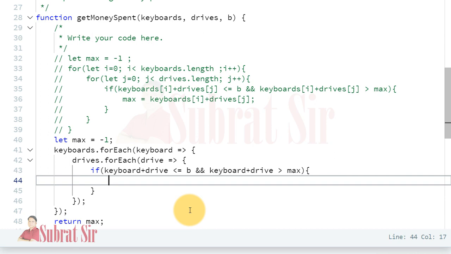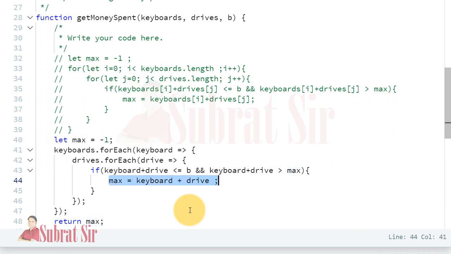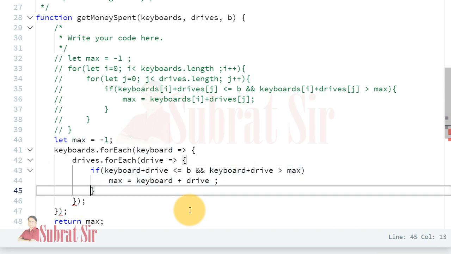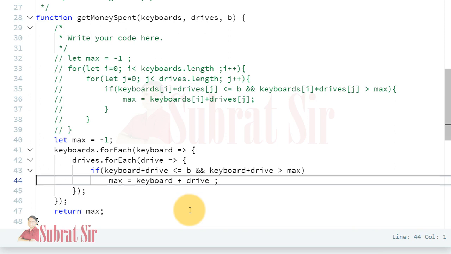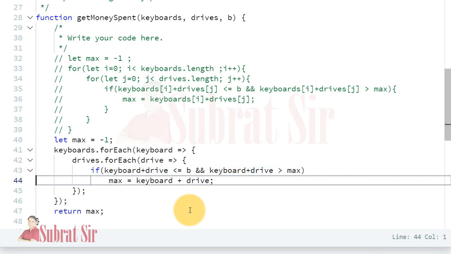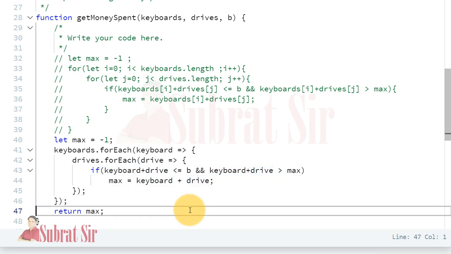Then we will write max equal keyboard plus drive. Okay. But this if statement has only one statement to execute, right? So this curly brace is optional. If in your if block only one statement is there, curly brace is optional, you can write or you can ignore it. Okay, then return max, yes, it will be there.